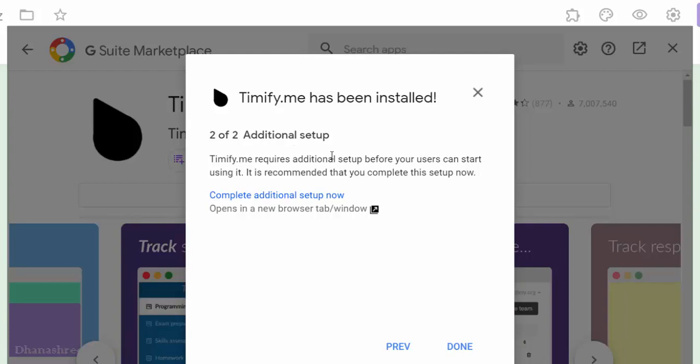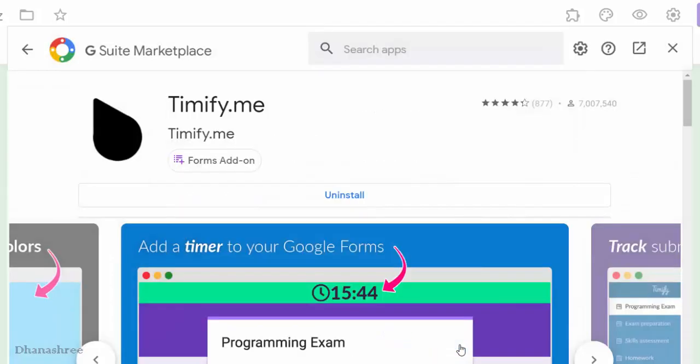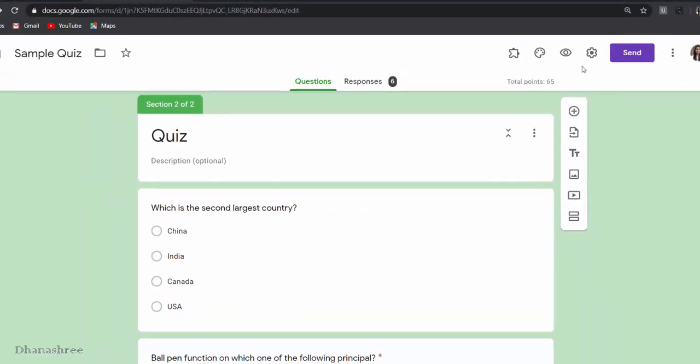Here, Timify requires additional setup to edit settings. So to complete that additional setup, say done and close this window.